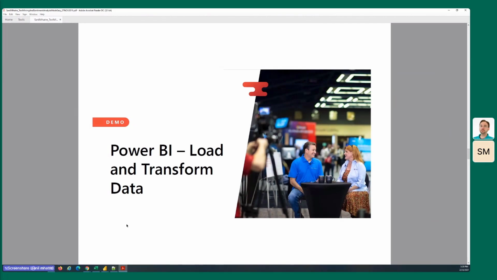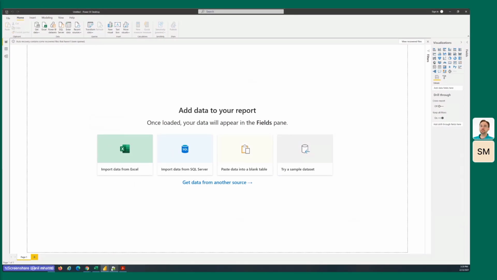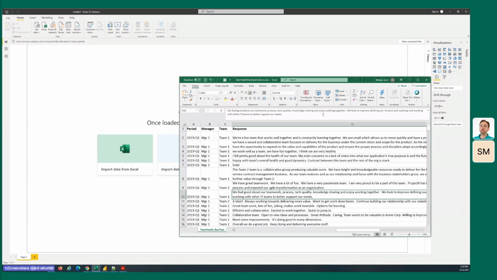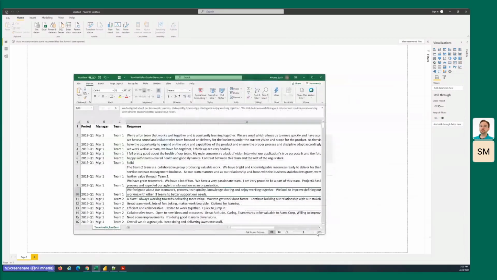Now we are going to launch Power BI and load our data into Power BI Desktop. Let me switch over to Power BI, and I'm also going to open the Excel file so you can see what the data looks like.